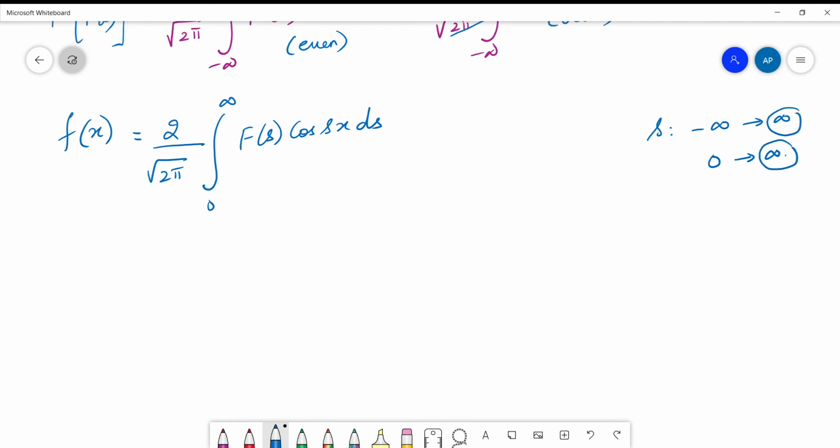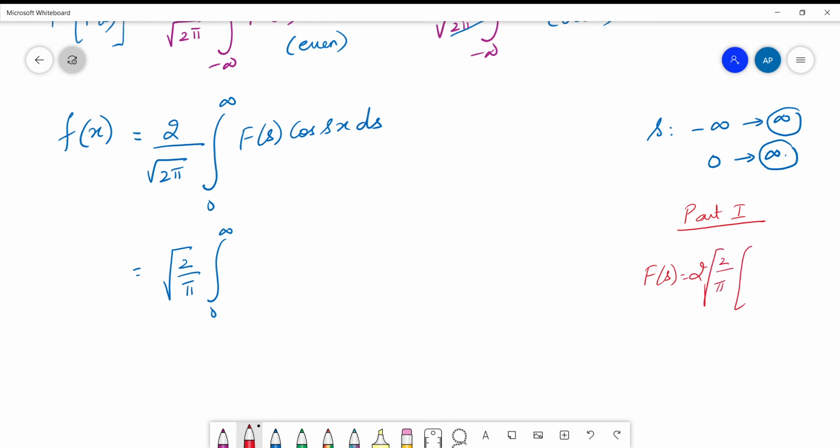It will not change as you have a variation in x. So please continue the limit as it is. So it is root of 2 by pi, 0 to infinity, and note that from part 1 I will write the answer here. From part 1, you got f of s to be 2 times root of 2 by pi into sine as minus as cos as divided by s cube.